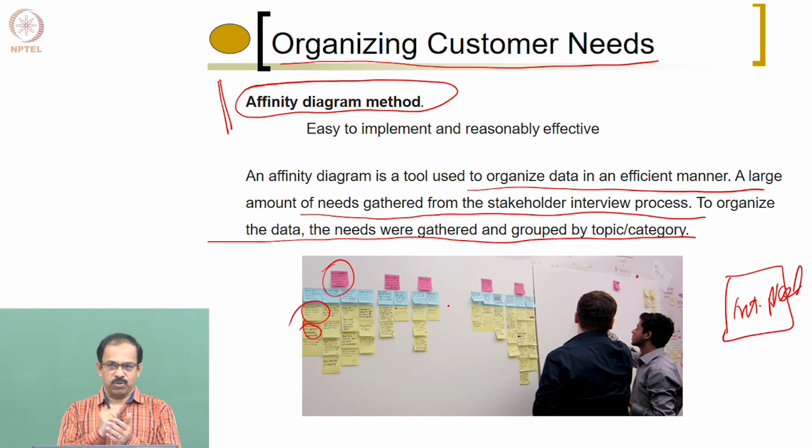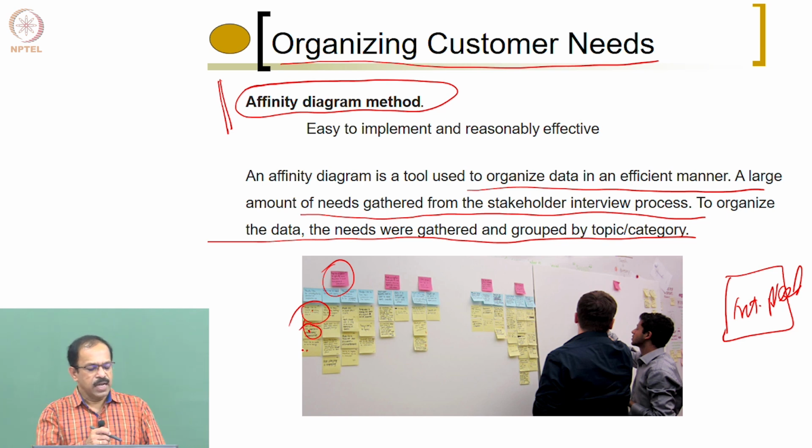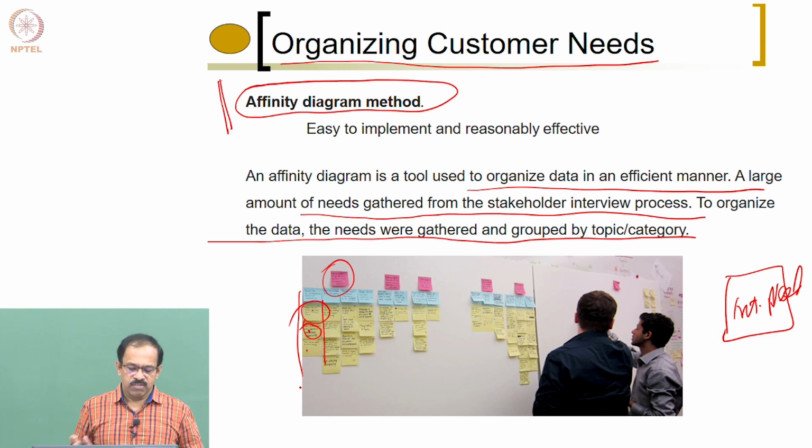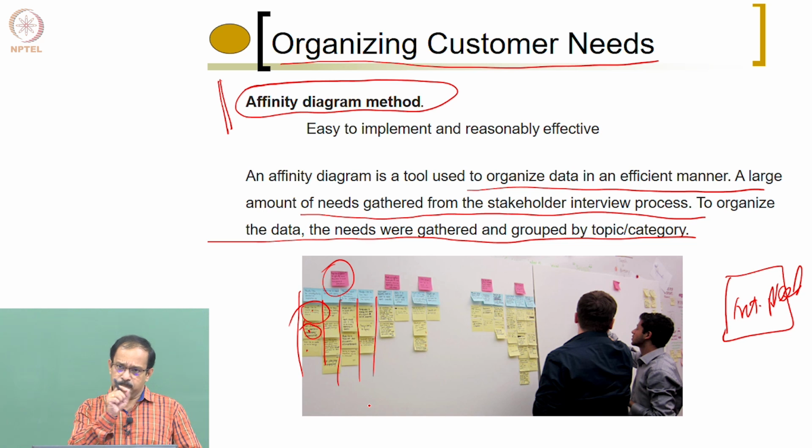So write everything in a post-it pad and then take one by one and then try to categorize them into different categories. So for example, somebody will say it should be compact. Somebody will say the size should be small. Somebody will say I should be able to carry it in my pocket. So all those things talk about the same thing. So if you see such similar needs, you put everything into a single row, single column. Similarly, these things will be in a different column. So each column actually represents a particular need.